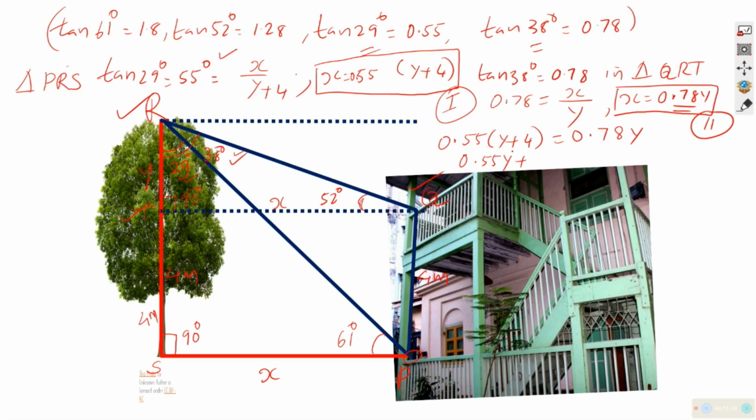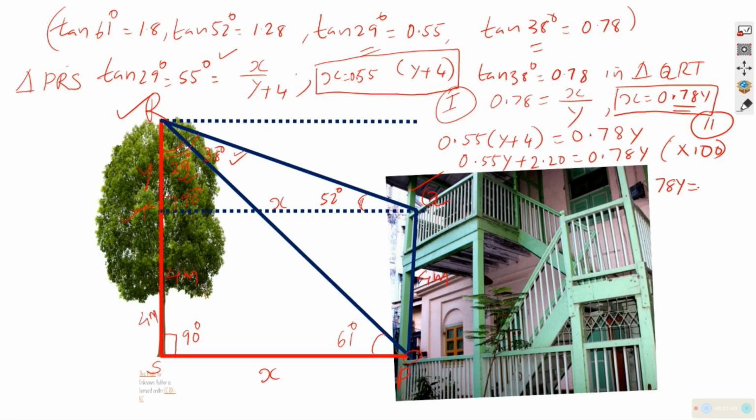Right? If you are multiplying 55 with 4, it will be 220. Here it is 2.20, which is equal to 0.78y now. Let us multiply the whole equation with 100 so that all these decimal points will be removed. So it becomes